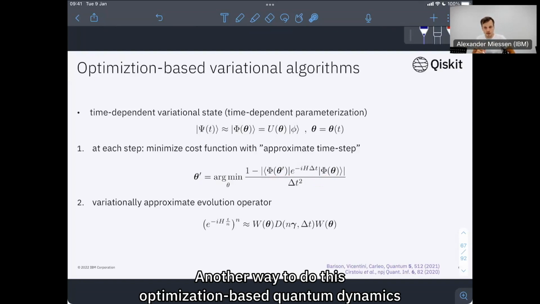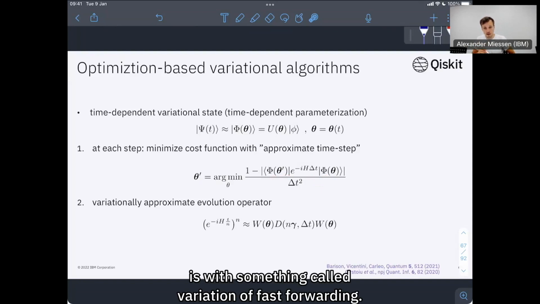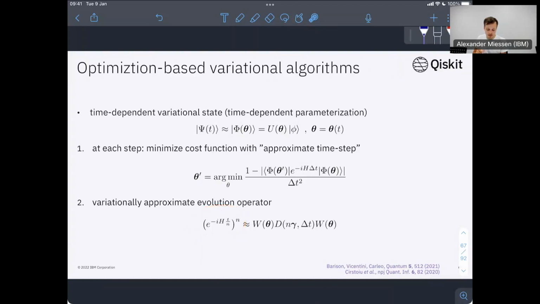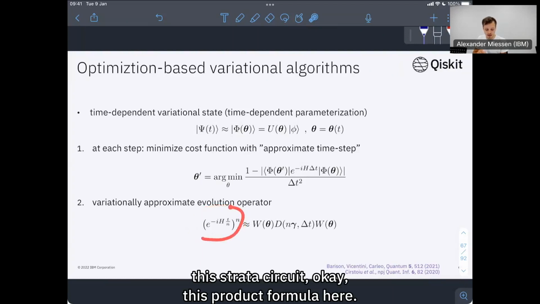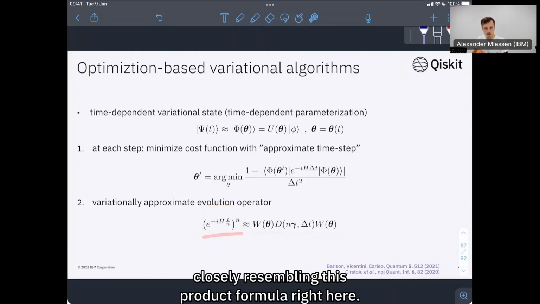Another way to do this optimization-based quantum dynamics is with something called variational fast forwarding. And essentially, you try to variationally approximate this Trotter circuit, okay? So this product formula here. And so you try to diagonalize this with such a parameterized ansatz. You minimize a certain cost function to obtain the best parameters here, closely resembling this